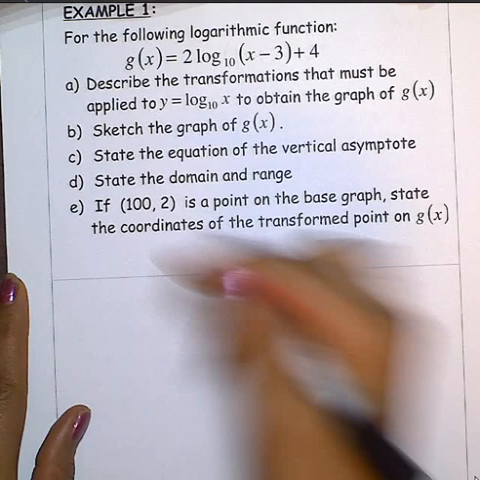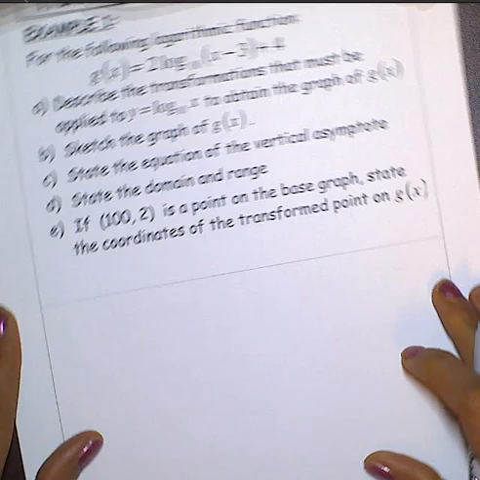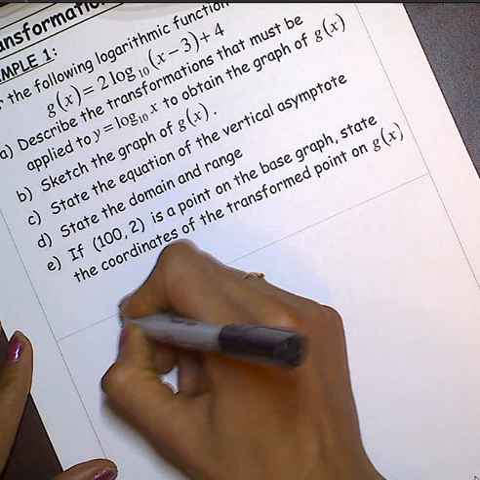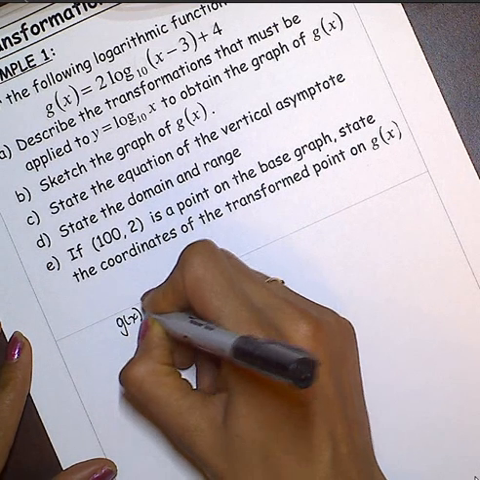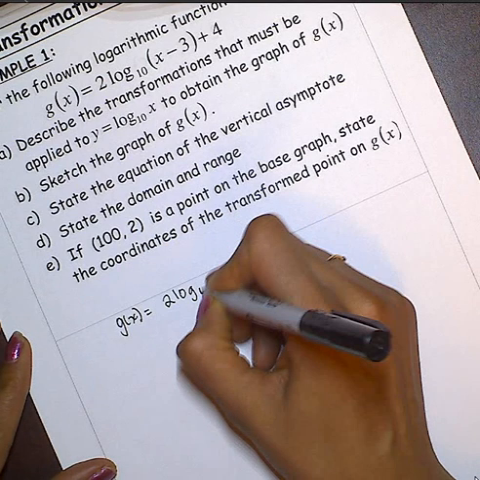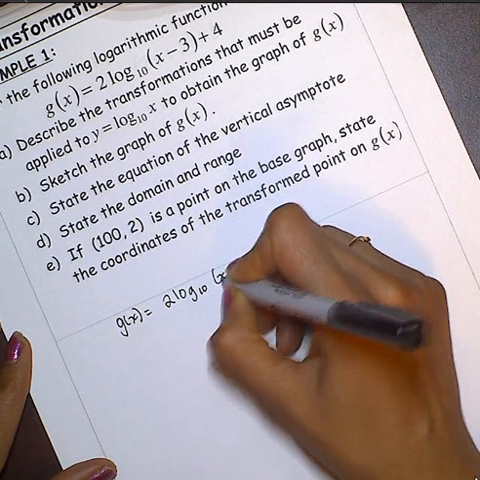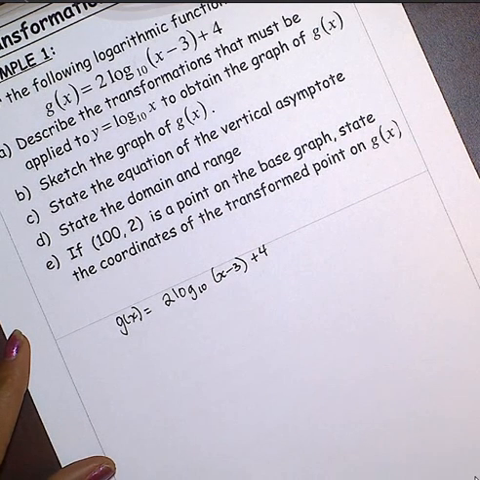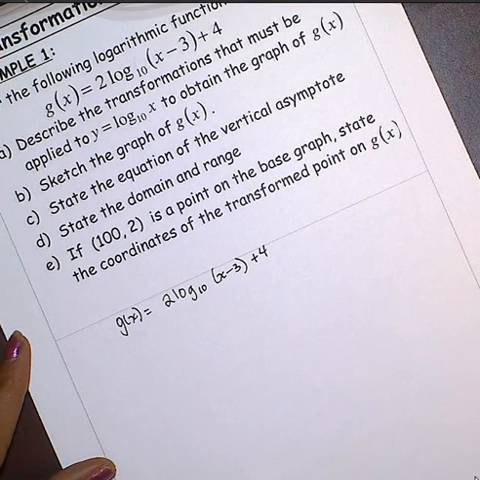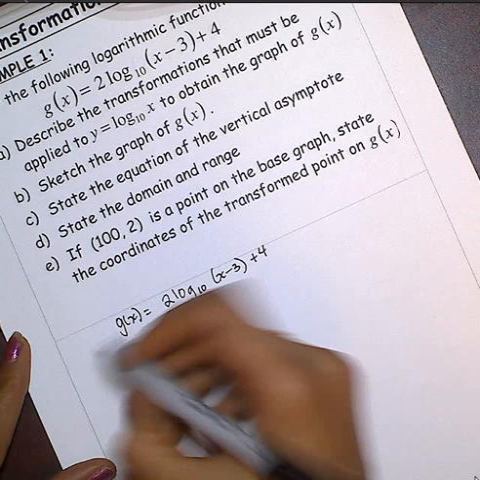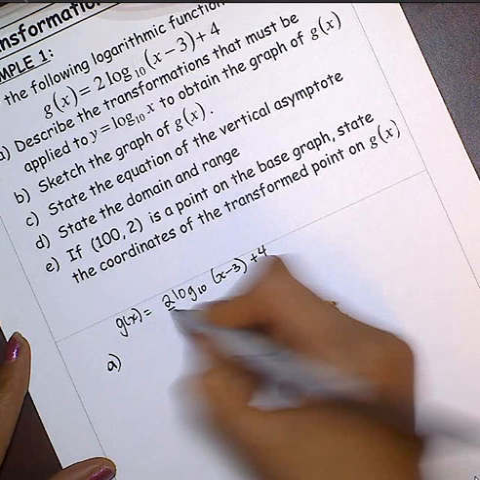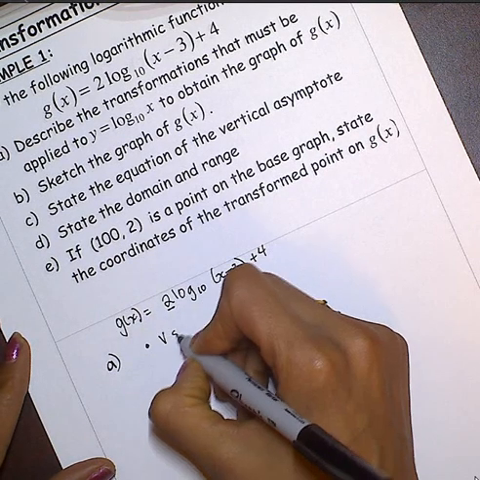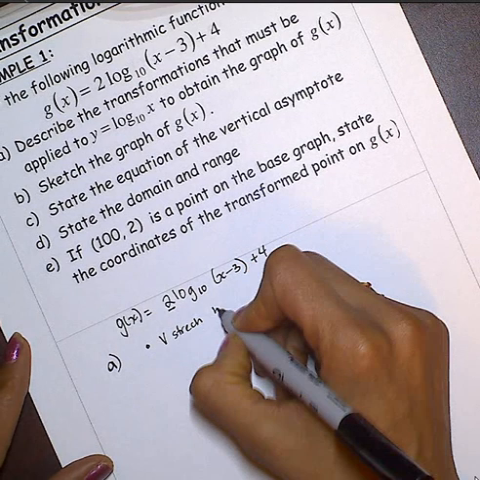For the first part, I'm just going to start off by writing down what g of x is. g of x is equal to 2 log base 10 of (x minus 3) plus 4. When I'm describing the transformations, I'm going to be looking at the parameters and what their values are and specifying what that means. For the first part, the 2 right here means it's a vertical stretch by a factor of 2. So I'm just going to write that out. It's a vertical stretch by a factor